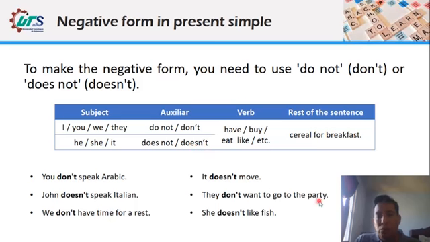They don't want to go to the party. They use don't. Finally, she doesn't like fish. If you see, the verbs speak, have, move, want, and like remain in infinitive and don't change in negative form. Don't change the verb. Only in an affirmative sentence do you need to change the verb, applying the three rules of the last slideshow. Okay,